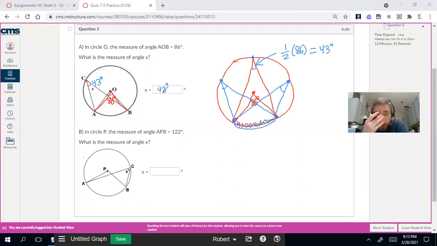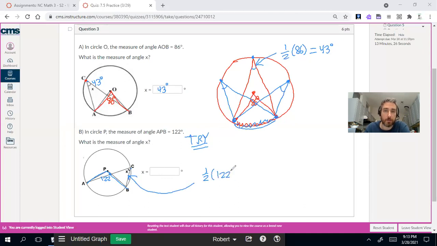Question letter B is going to be very similar. Try this on your own. So we're given APB, that's 122 degrees, and we want to know angle X. And it's going to be kind of the same type of problem. You're going to do 1/2 of that